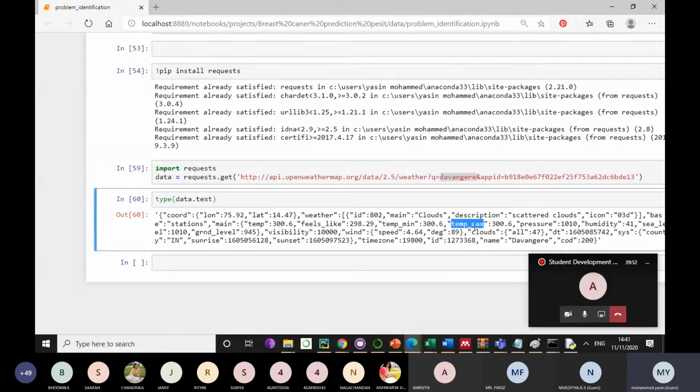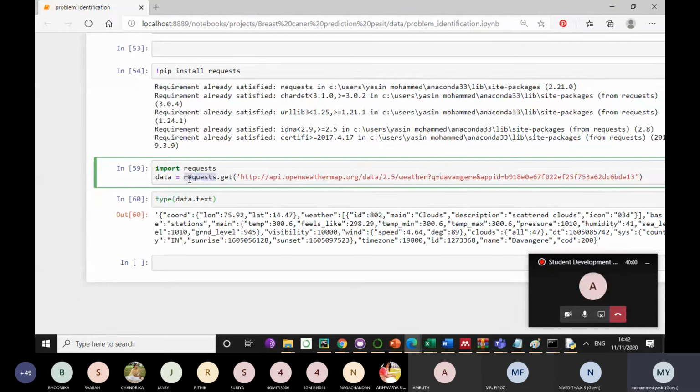It is junk data. In data science also, whenever you try to collect a data set, you might be using the request module to collect it. This is a data set for weather forecasting I'm taking. If you want to do projects on drought prediction, rainfall prediction, such kinds of things, this might be one of the references for you. You can collect data from here as well.